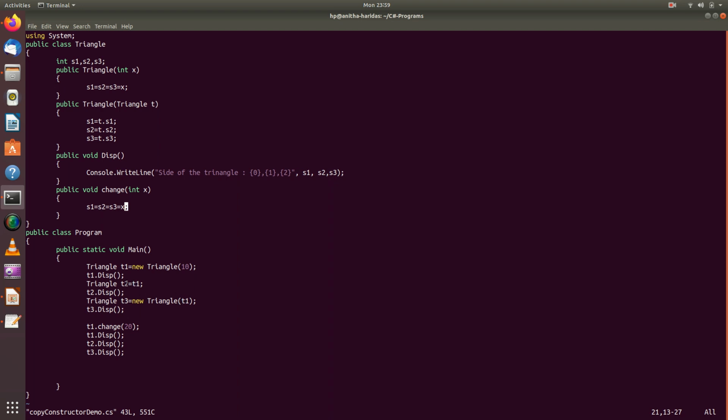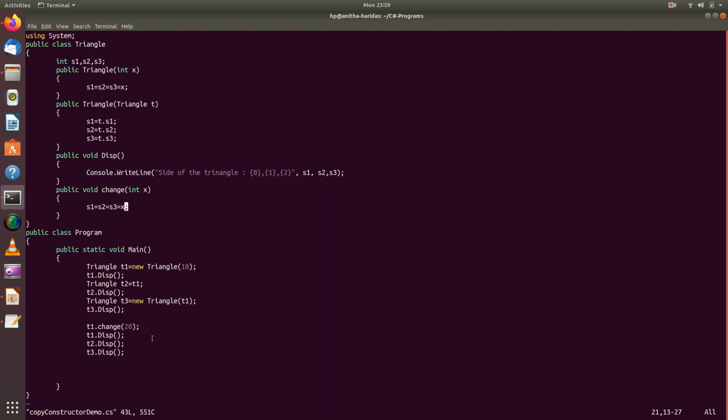Here I am passing the reference, but here I am not passing the reference. I am going to copy the values of T1 to T3. That is the advantage. So when I have changed the value of T1, automatically T2 value also got changed because both are pointing to the same object. But T3 is created as a different object with the values of T1, so the value does not change.